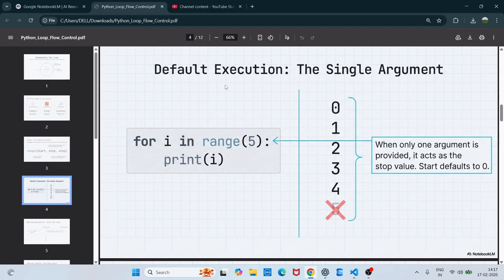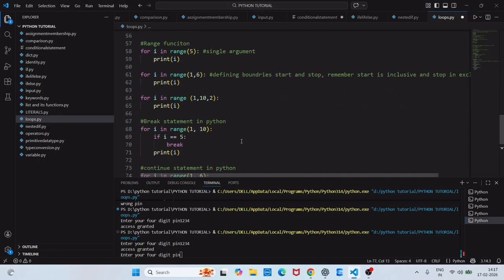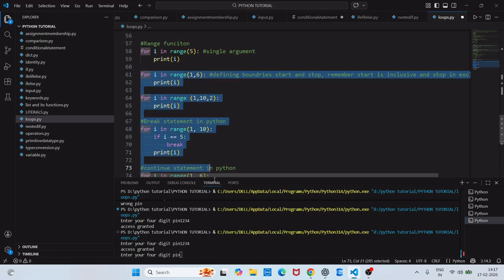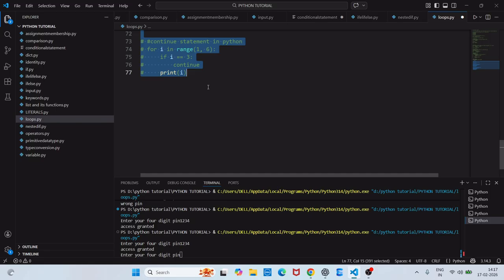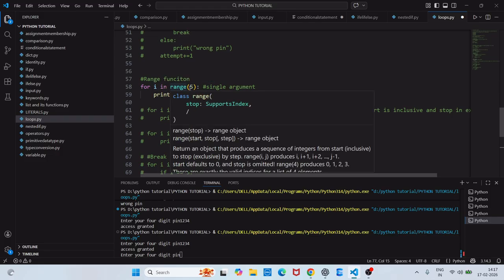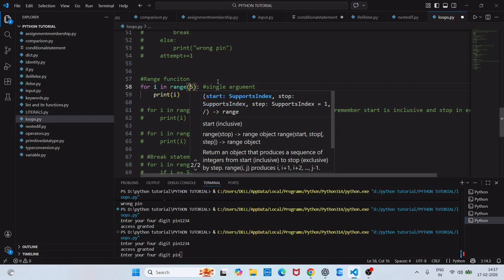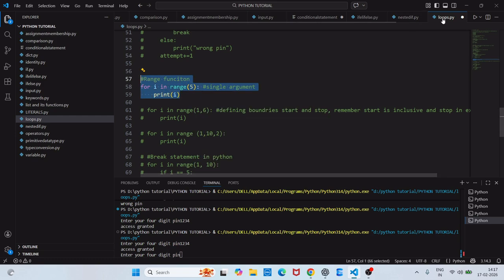So let's start with the first case. I will go directly to the code. The range function with a single argument. So what does the range function do? It will check the range between 1 to 5. By default the starting point will be 0, since we have not passed 1 comma 5 here. So once I run this one,